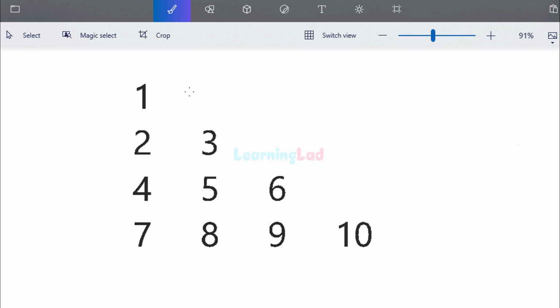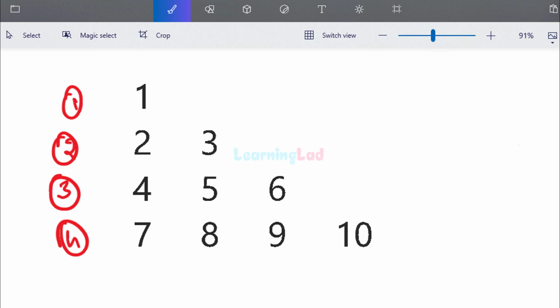So here it is a right angle triangle. You can see it is in right angle triangle shape and it is filled with the consecutive natural numbers starting with 1. Now here in this triangle, this is the first row, this is the second row, this is the third row, and this is the fourth row. How many columns do we have for every row? In the first row, we have only one column, in the second row we have 2 columns, in the third row we have 3 columns, and in the fourth row we have 4 columns. So now we can say that the number of columns present in a row is equal to